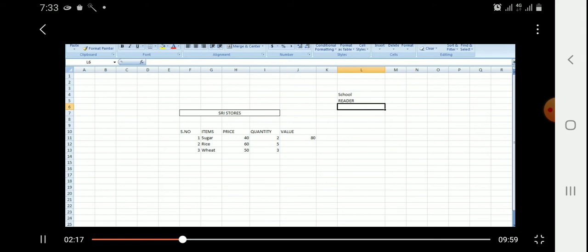Okay, next, this is a simple calculation, students. This is a grocery calculation. You listen here carefully. See, this is a way of entering data in a cell. If you don't want any data, you can place the mouse pointer there, select the particular cell, and delete that data from that cell using the delete key. Now see, the price of sugar, 1 kg sugar is 40 rupees and quantity is 2. So the total amount is 80.